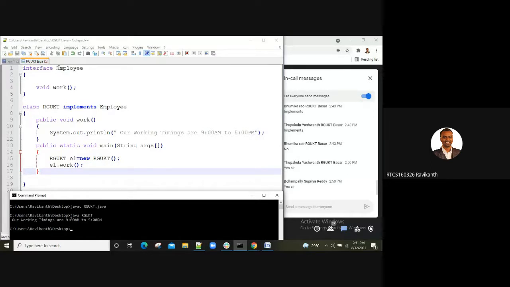The interface name is calculate. In that calculate interface you will write abstract methods called addition, subtraction, multiplication, division. Then in this class you will implement that calculator, and write the functionality of addition, subtraction, multiplication, division.